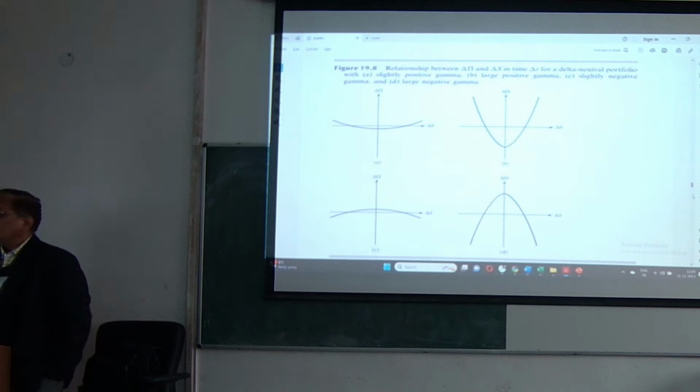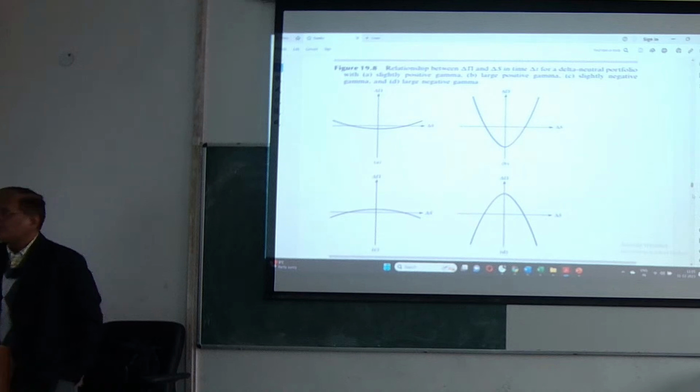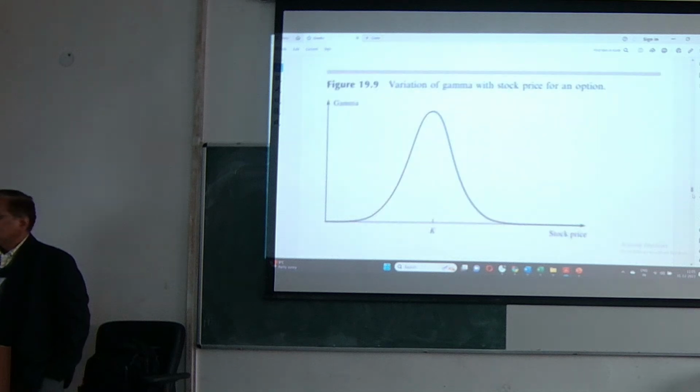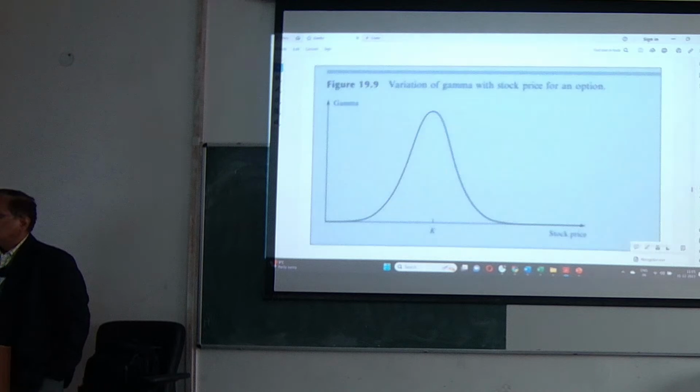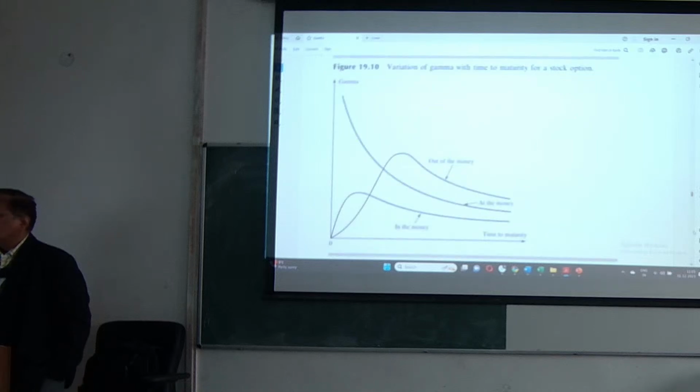रिलेशनशिप आपको दिया हुआ, यस। नाउ हियर इट्स अ वेरी इंपॉर्टेंट पार्ट इज relationship between delta pi, delta S and delta T for the delta neutral portfolio: slightly positive gamma, large positive gamma, slightly negative gamma and large negative gamma। चारों तरीके से आपको दिया हुआ है। स्लाइटली पॉजिटिव, स्लाइटली नेगेटिव है, कोई बहुत फर्क नहीं पड़ेगा, आप डेल्टा को छोड़ भी सकते हैं। अब 169 से 169.7 हो गया, कोई बहुत फर्क नहीं पड़ने जा रहा है, लेकिन 169 से 175 हो जाएगा तो फर्क पड़ेगा। न्यूट्रलिटी में आपके डिफरेंस आएंगे, तो इस डिफरेंस को काउंट करेंगे। वेरिएशन ऑफ गामा विद स्टॉक प्राइस फॉर एन ऑप्शन।